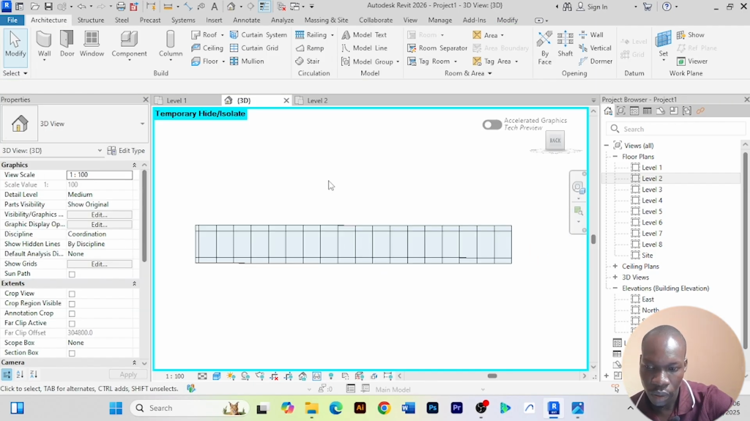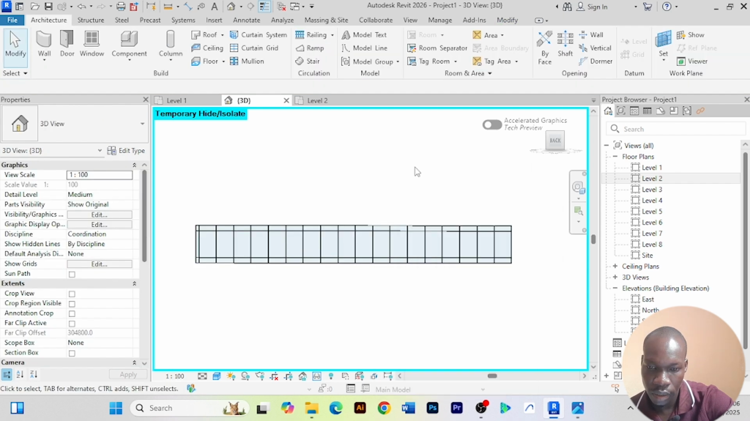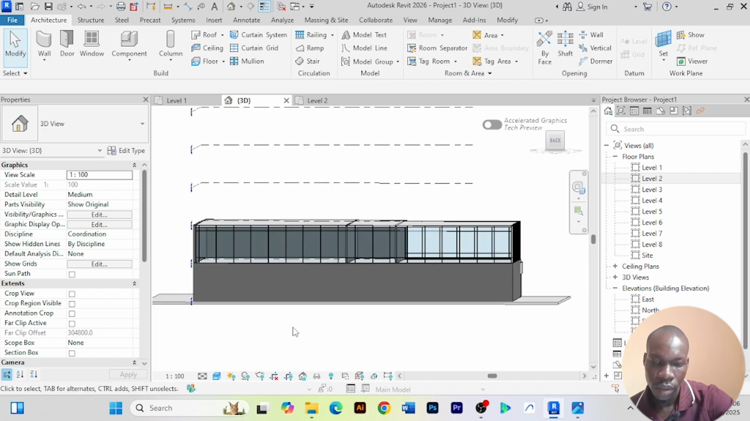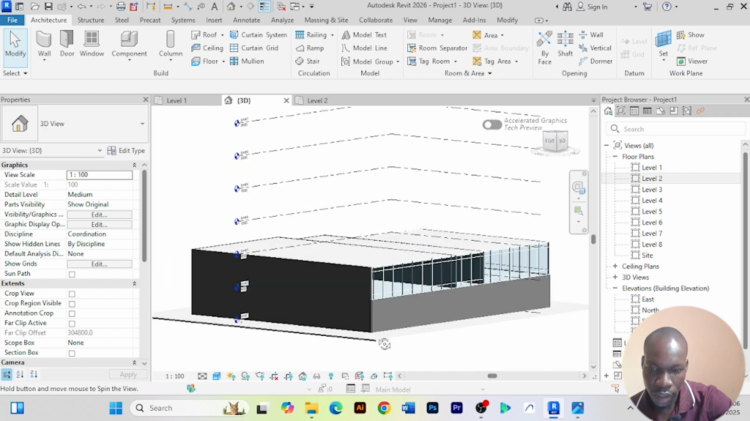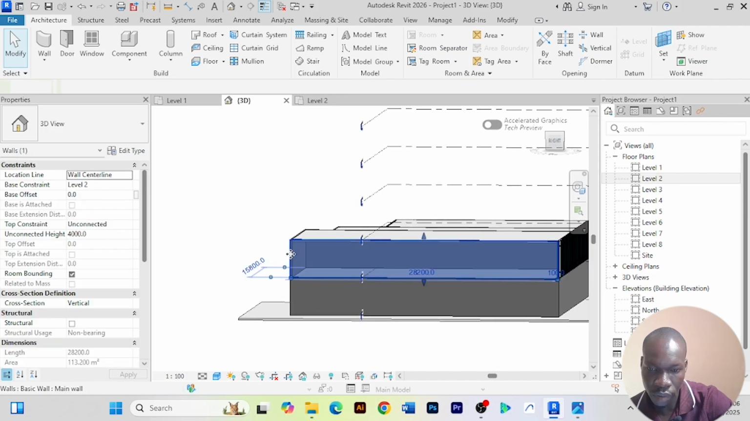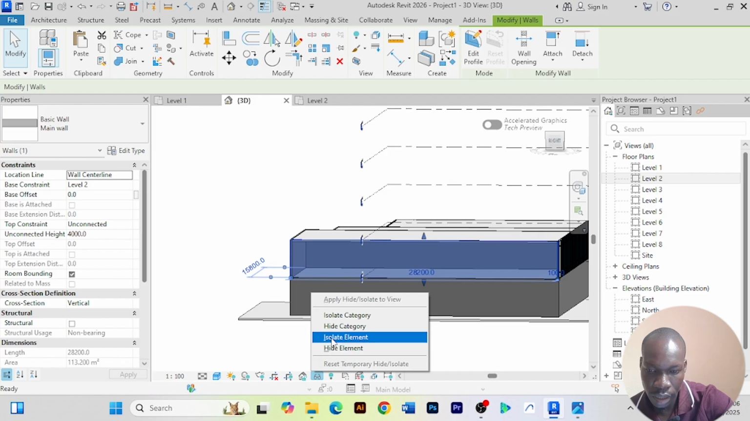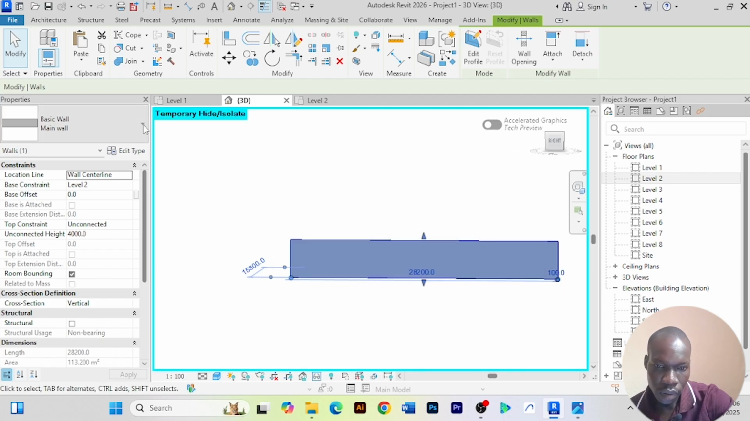This we shall only do for this level. We go to mullion, all grids, click there, then you come and reset. Of course, when we finish up this level, we shall simply copy to the next level. We shall not do it again. So you come and temporary isolate, you drop down exterior glazing,